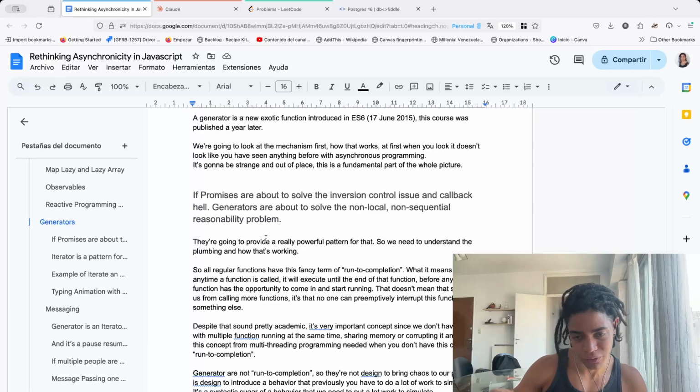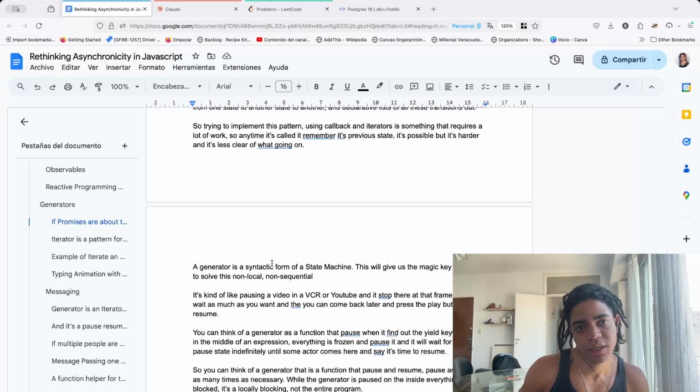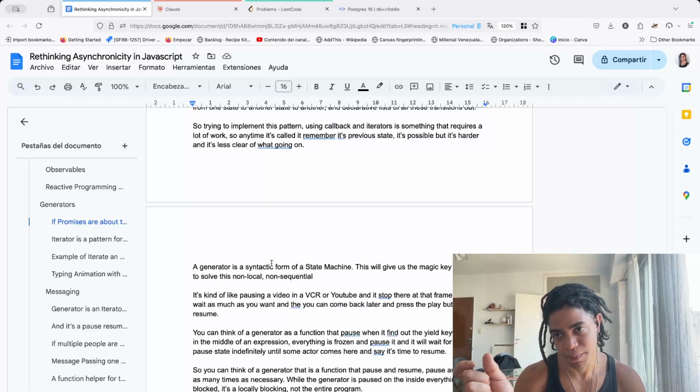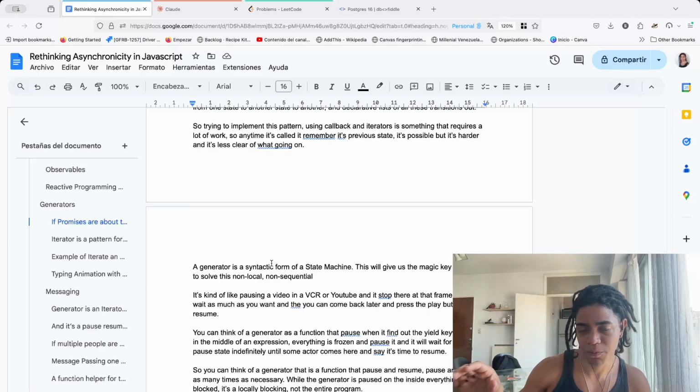Generators, as the name suggests, are not only for generating values. Anytime you define a generator, when it finds the yield keyword, it will freeze and block that function, not the entire